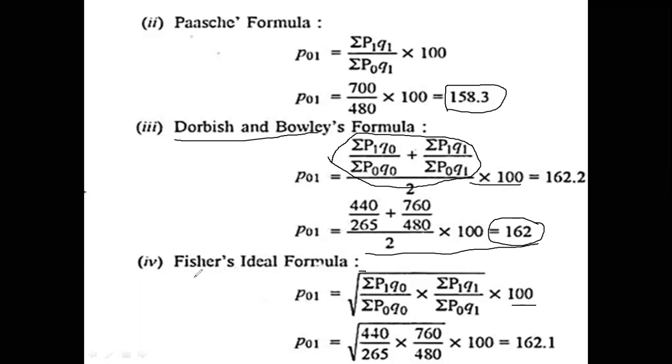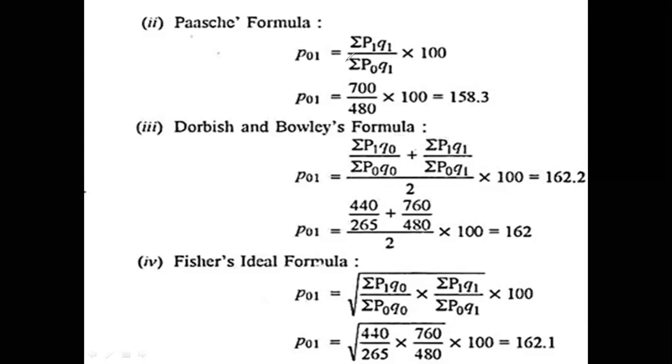That is Fisher's formula. If we do not take the square root and we have the denominator as 2, then it is the Drobisch formula. So you need to remember this only, sigma P1 Q0 upon sigma P0 Q0 plus sigma P1 Q1 upon sigma P0 Q1. Then you can easily remember these two formulas at least. Apply them, you will be getting these values. Only put the values, you will get the answers easily. I hope it makes sense how we solve this question in a very simple manner.